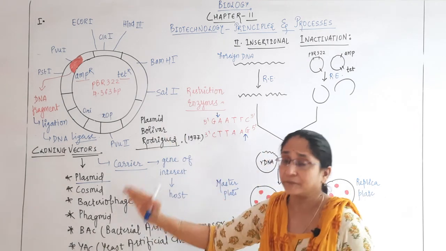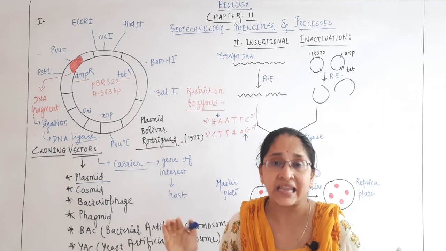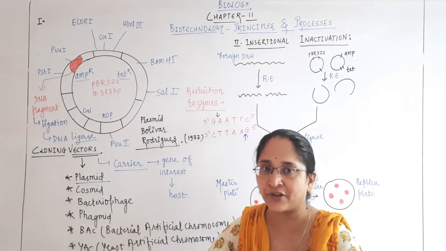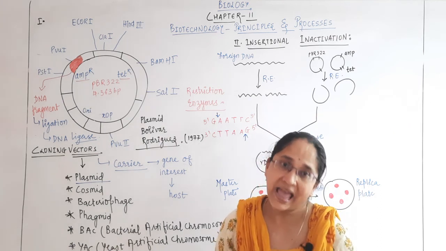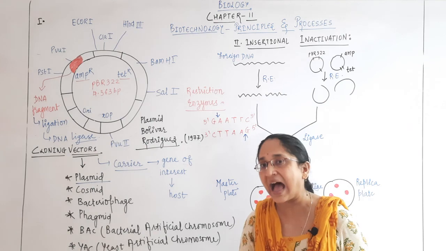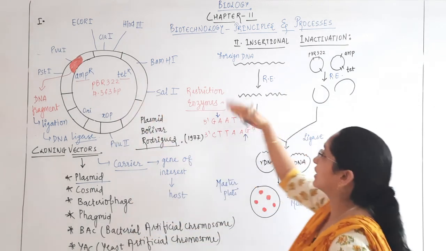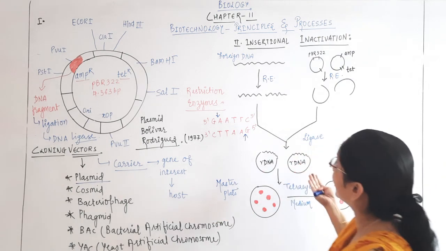So the plasmid will multiply in the bacteria. We know that E. coli reproduces every 20 minutes. As the E. coli reproduces after 20 minutes, it will produce daughter E. coli, and the daughter E. coli will obviously have the extra set of plasmid where the DNA fragment of our interest has been incorporated, and they will also get replicated.